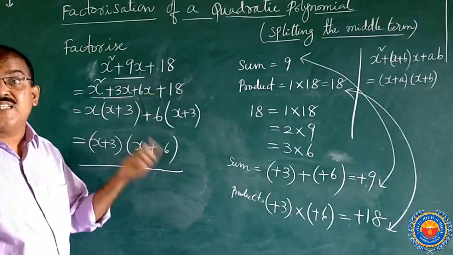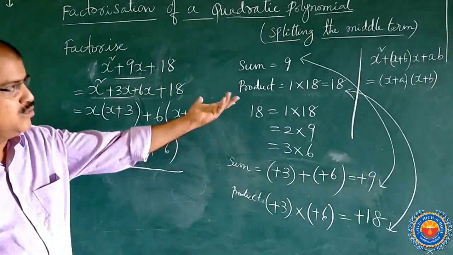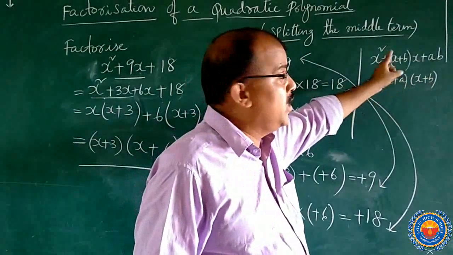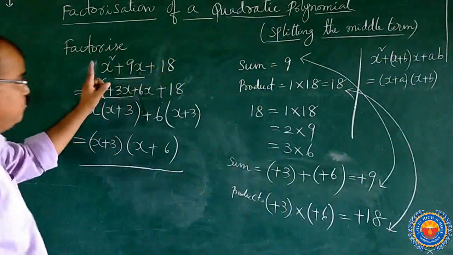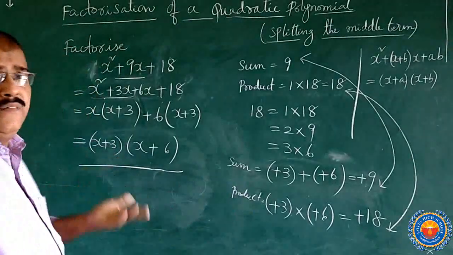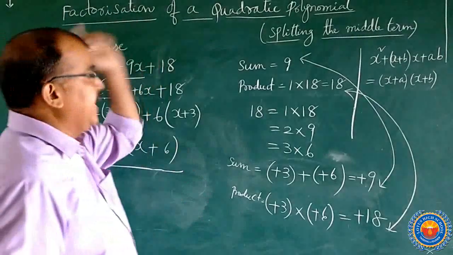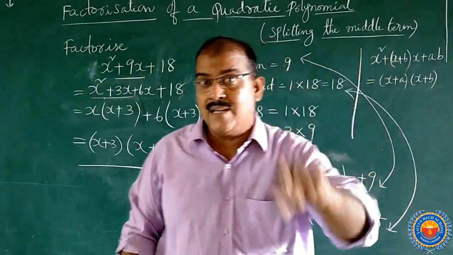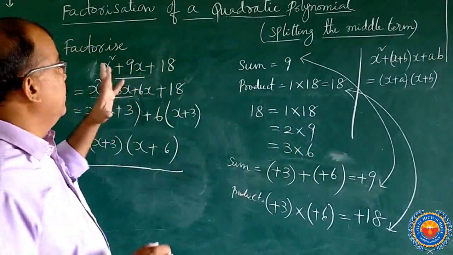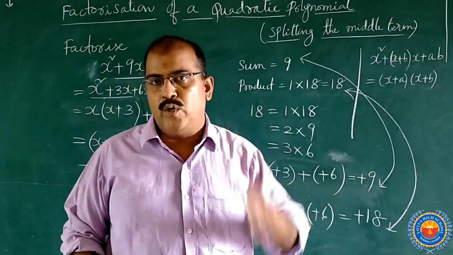Whether this factorization is correct or not, you know very well multiplication. Multiply by using the concept of x plus a into x plus b is equal to x square plus a plus b of x plus ab. You will get x square plus 9x plus 18. Otherwise, normal multiplication: x of x plus 6 plus 3 of x plus 6. You will get the same. You can check if your answer is correct or not. Okay. Now, this is the first sum by using splitting the middle term. The method is very, very important.